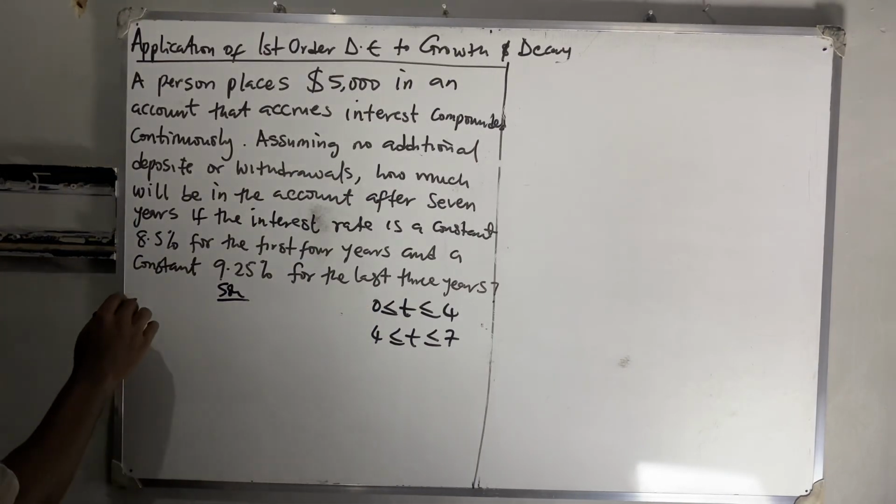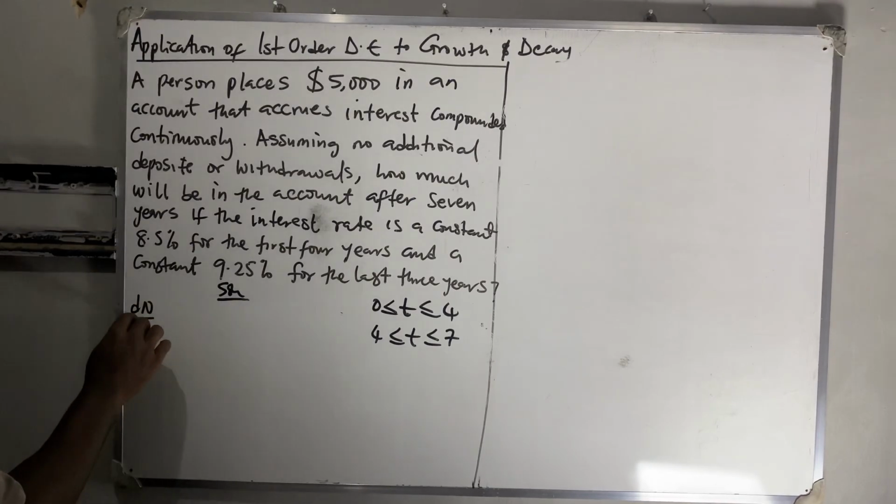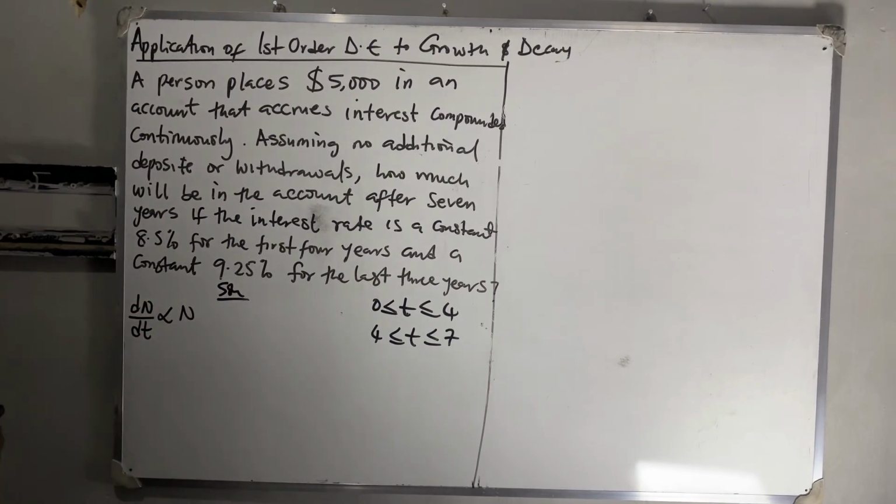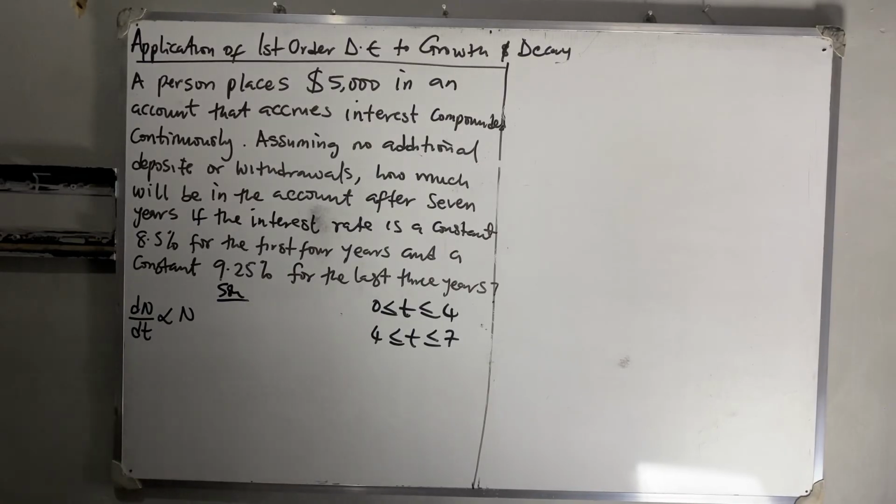To derive it, dN/dt is directly proportional to N. For growth and decay, the rate of change of population with time is directly proportional to the current population. If I remove the proportionality sign, I have dN/dt equals rN. This is a first order differential equation and it is separable. R is the proportionality constant; if you remove proportionality, you introduce the constant. So dN over N is equal to